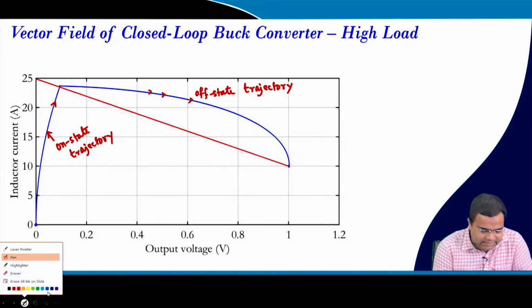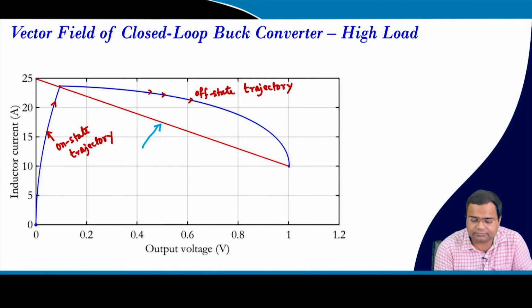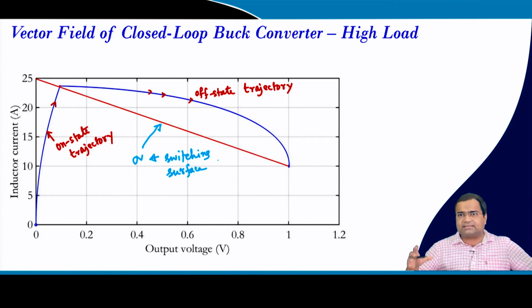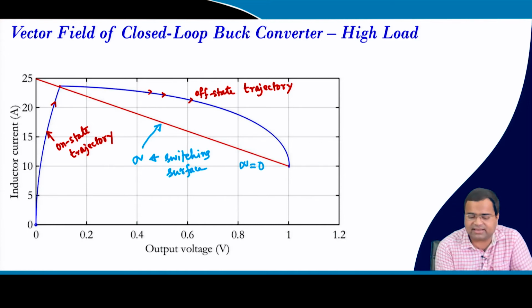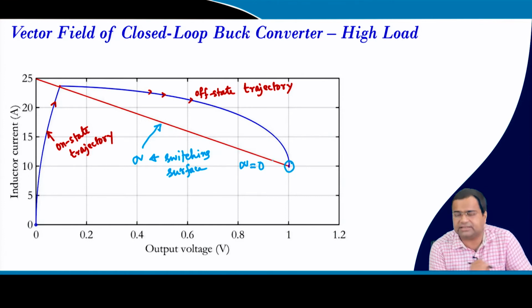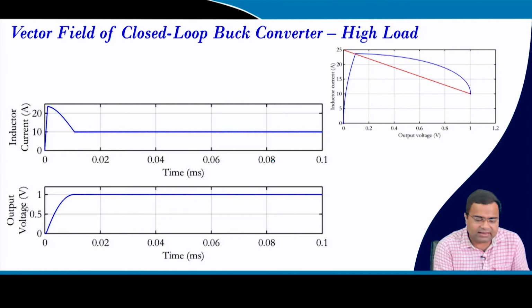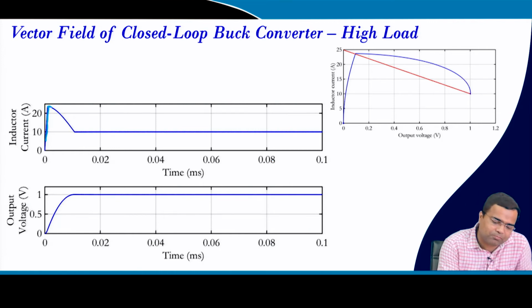And this line is the sigma, or we can say this is a switching surface. Since it is a first order system, it is a straight line. In this case the surface dimension is just one dimension, with sigma equal to 0. Here you can see the switch turns on, it hits, the switch turns off, and then it comes to steady state here. In the time domain behavior, the switch turns on here, then it completely turns off, it comes here, and there will be small switching here.